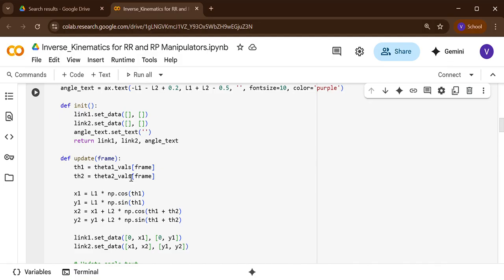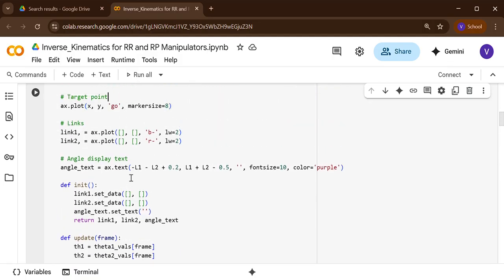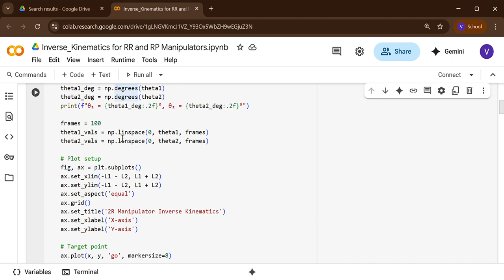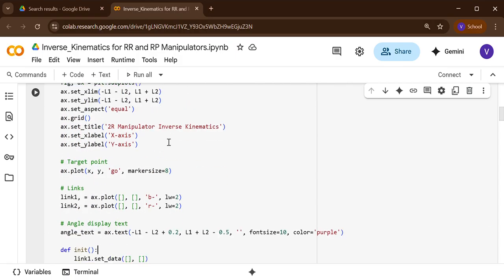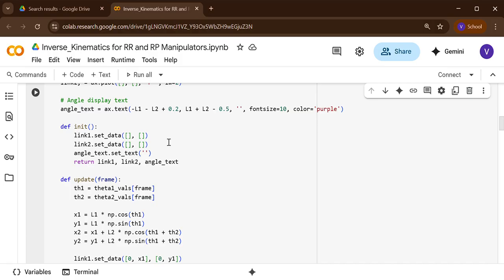So in theta 1, you already have theta 1 values per frame. So here you have the theta 1 value, see here. Already you have found theta 1, theta 2, then that value is split into frames. So the first value is 0, the second value is maybe 20 degree or 30 degree, but each and every value we are going to take. So in the update frame form, we have to take theta 1 and theta 2 based on the frame number. Here there is no for loop, but indirectly the for loop is there. So the for loop is executed 100 times. So you have to take the first frame value, then apply that theta 1 and theta 2